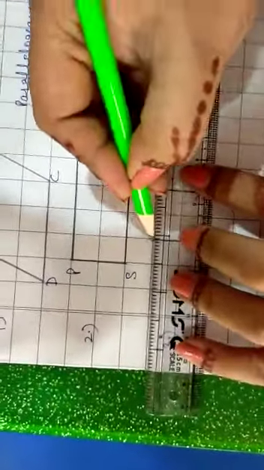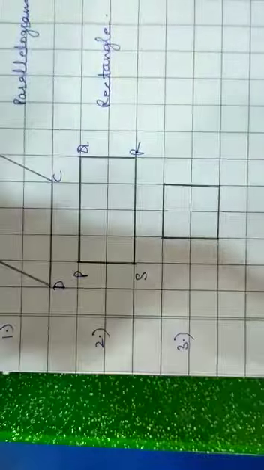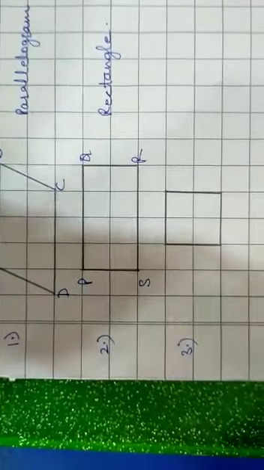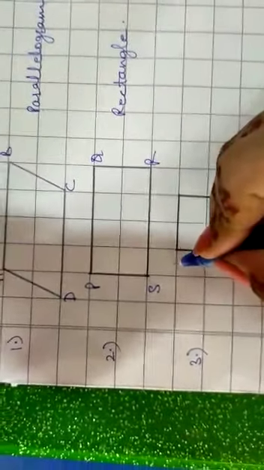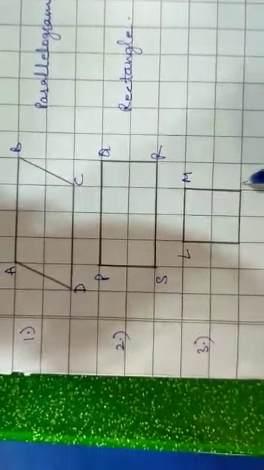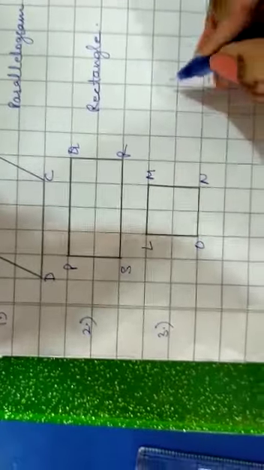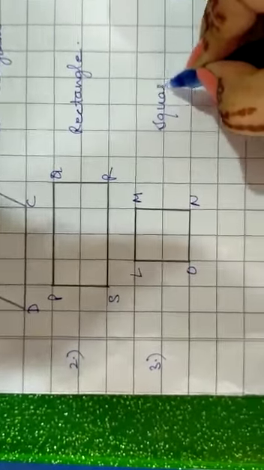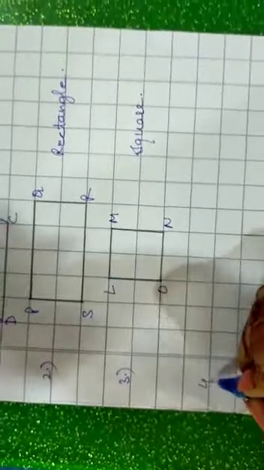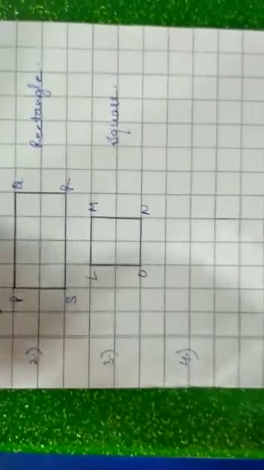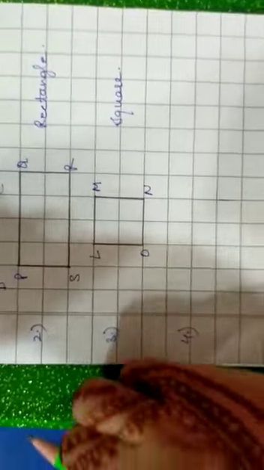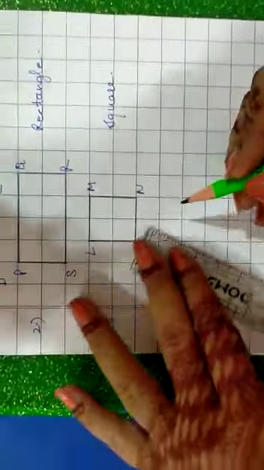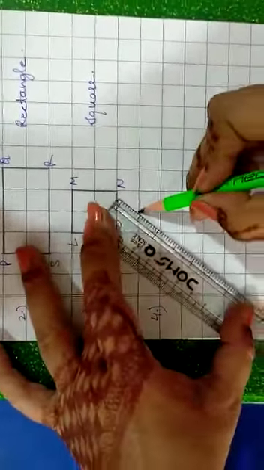You should know their specialties, the features of the quadrilaterals. Accordingly you have to work. Let me take it as L, M, N, O, and it is a square. The main thing why I have taken this box sheet is your rhombus. The next one is rhombus. To construct a rhombus will be difficult, as measurement will not be possible for equal sides.